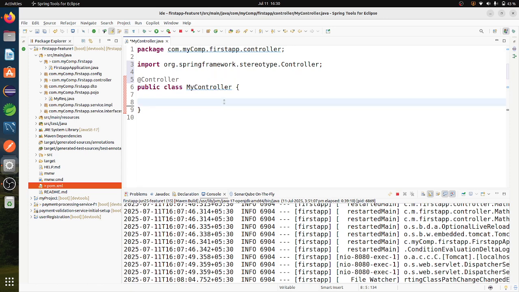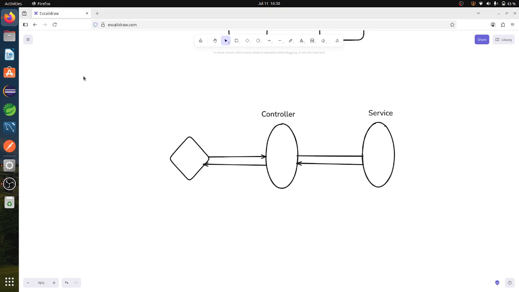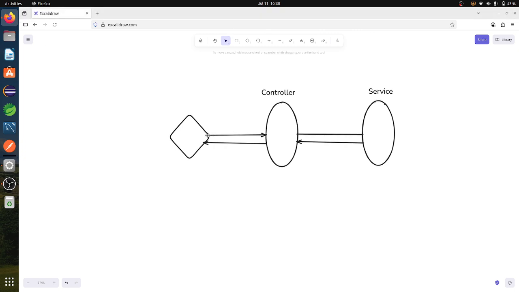And now I want to take the request from the user. In order to take the request from the user, I have to mention an annotation. Here I am taking the request from the user, and that request I am passing to the service. Nothing but I am just mapping the request to the service layer.